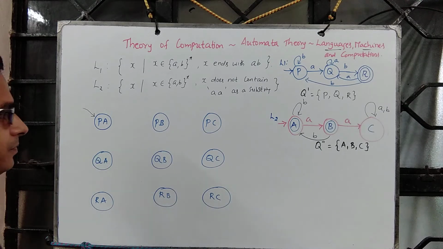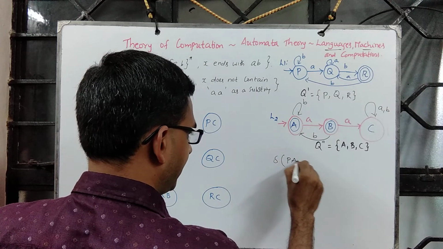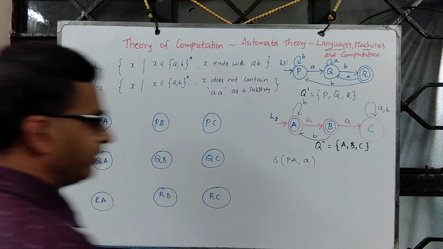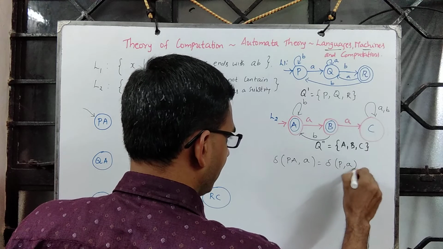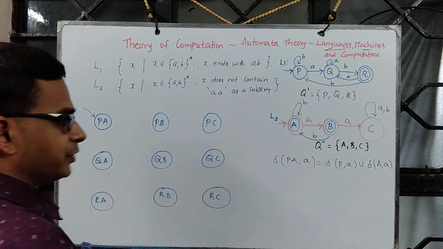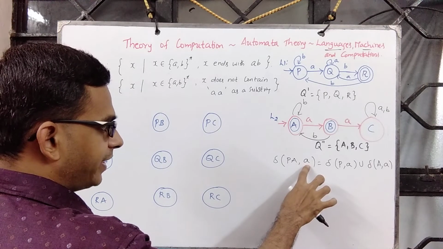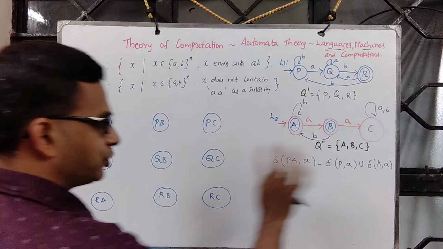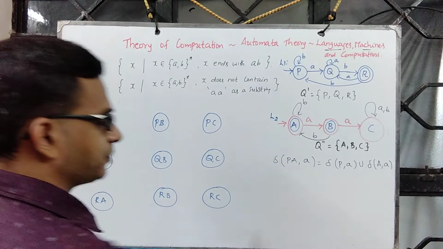That's precisely this. Now we define the transition. So delta of PA comma, for each element in the alphabet we should define. So what is this? This one is delta of P comma A union delta of A comma A. So if you simulate A on P, what is the output? Similarly, if you simulate A on capital A, what will be the output? Take that union. That should be the state in which one should be on simulating A with respect to PA.